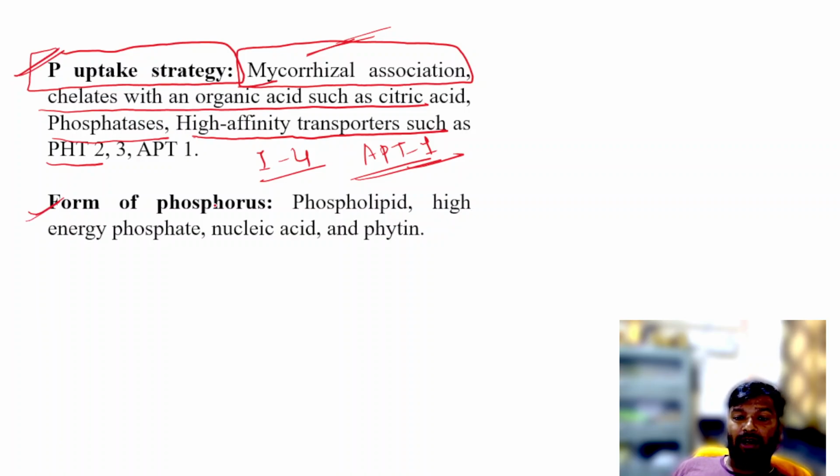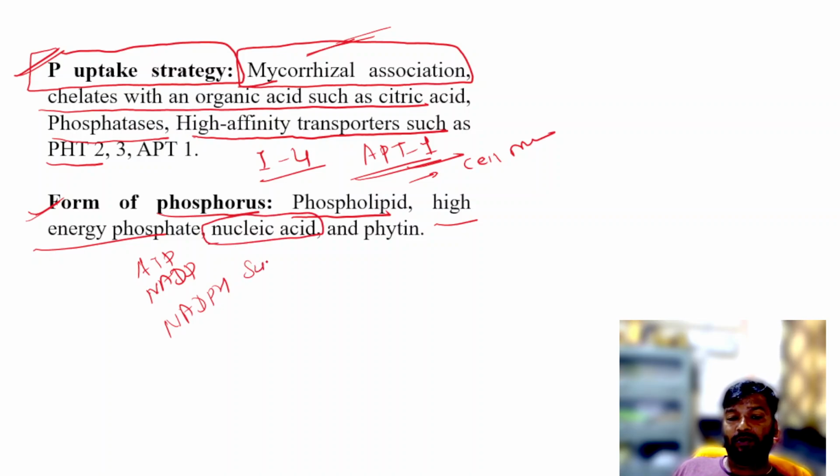Also, what are the forms present of phosphorus in the plants? That is phospholipids in the cell membrane, high energy phosphate in the form of ATP, NADP, okay, NADPH, then nucleic acid, that is sugar phosphate, and the phytine. Okay, so these are the form of phosphorus which are present in the plant. So this is about the